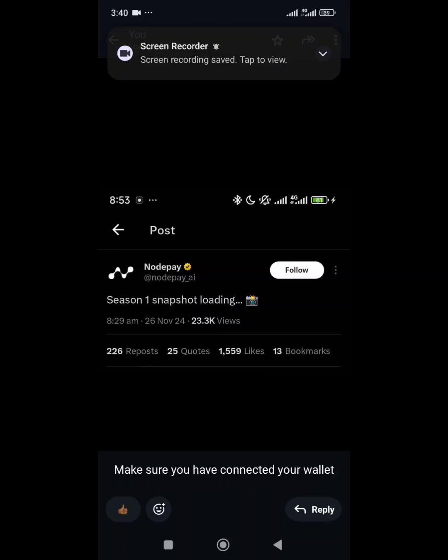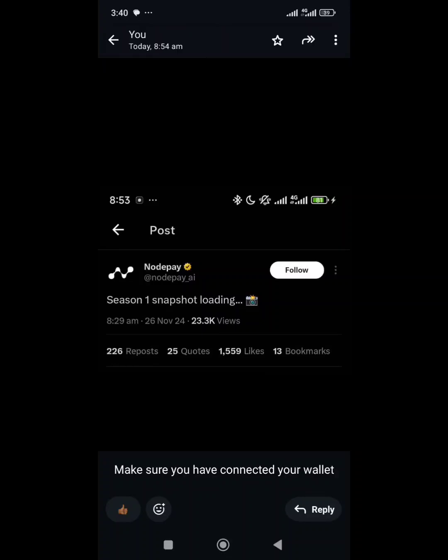So recently I dropped this particular update, joining my community in my WhatsApp group to make sure that they have connected their wallets on their NodePay accounts, and a lot of people have been in my DM. I've been getting some messages like this: how do you do it? Who doesn't use a